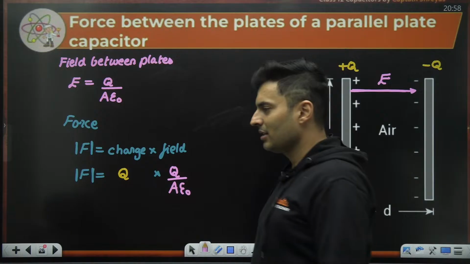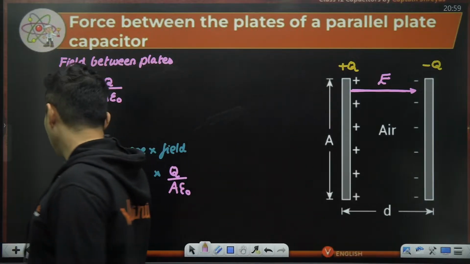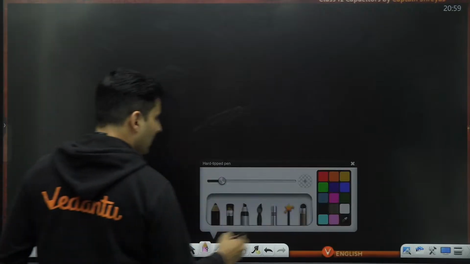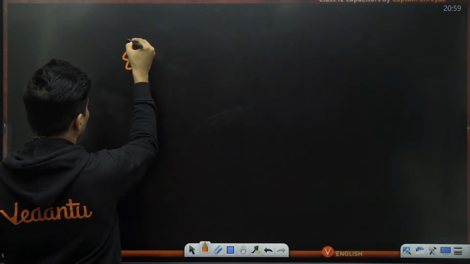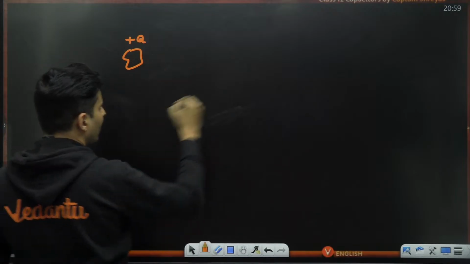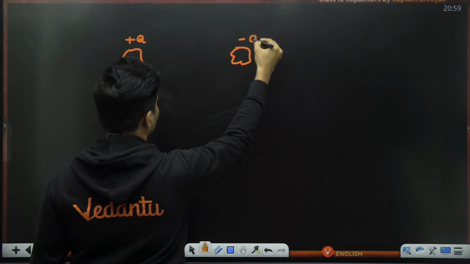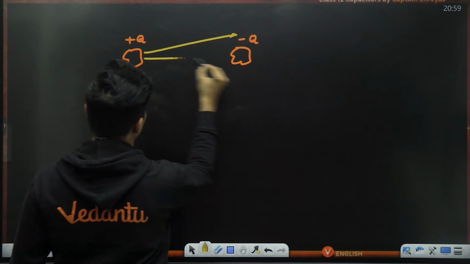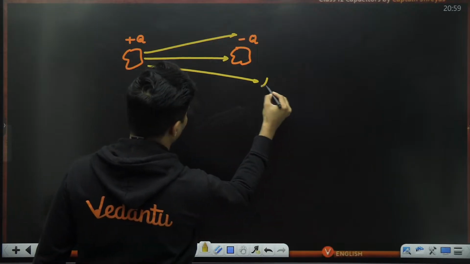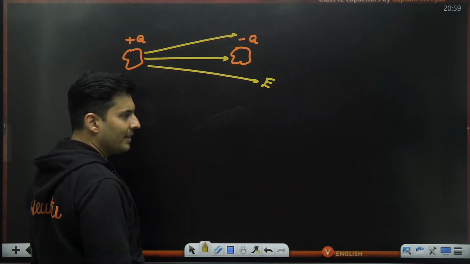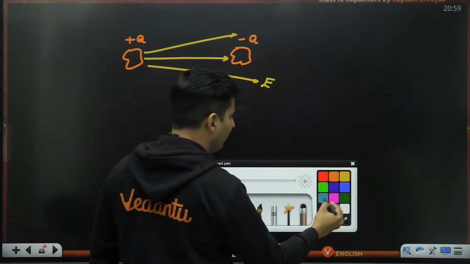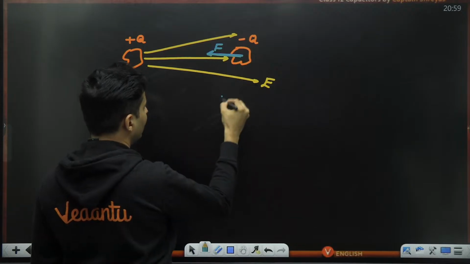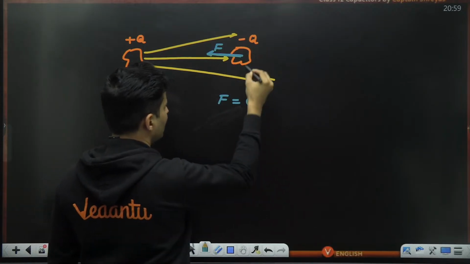Just think about it. The very big conceptual blunder. To give you a hint, imagine there is some positive charge here and some negative charge here. This positive charge gives some kind of electric field like this. Then the force on this negative charge will be the charge multiplied